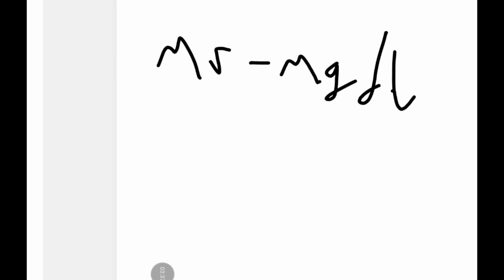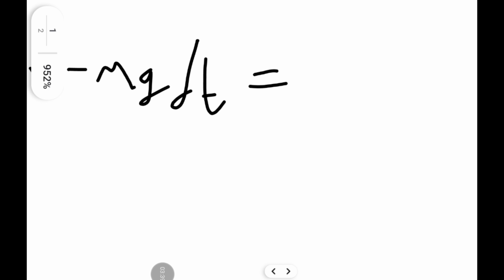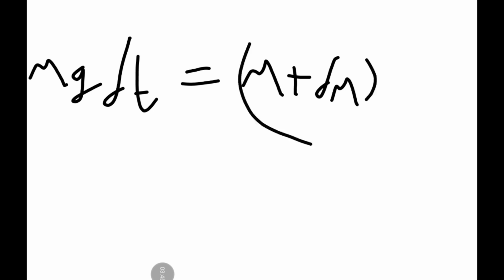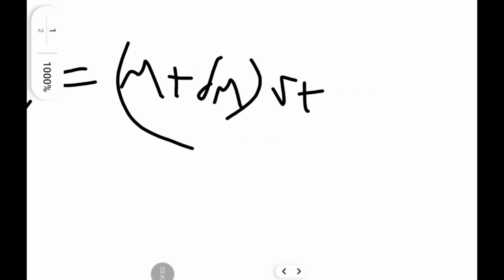So the momentum plus the external force is going to equal the momentum after. So it's going to be mass times velocity minus mg times dt is equal to, now the entire system is going to be mass plus dm, v plus dv,